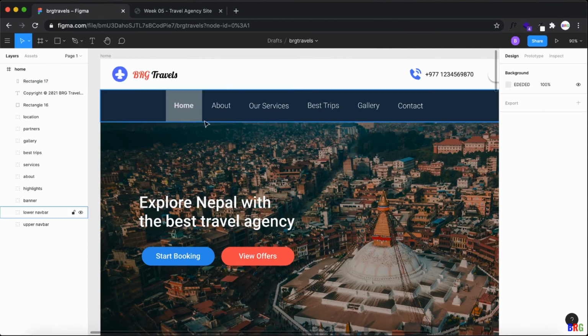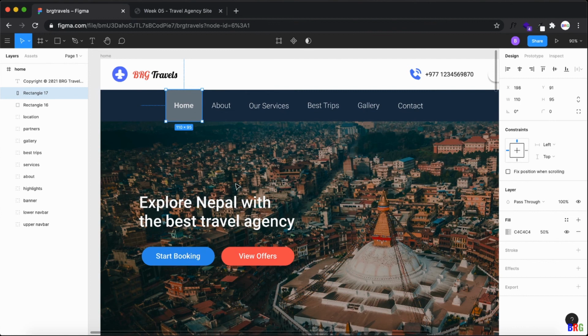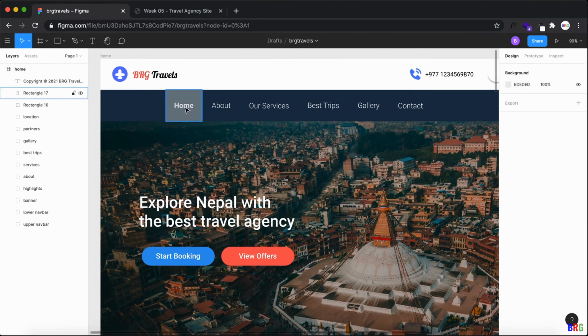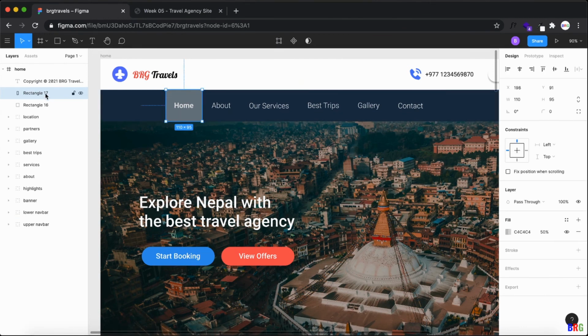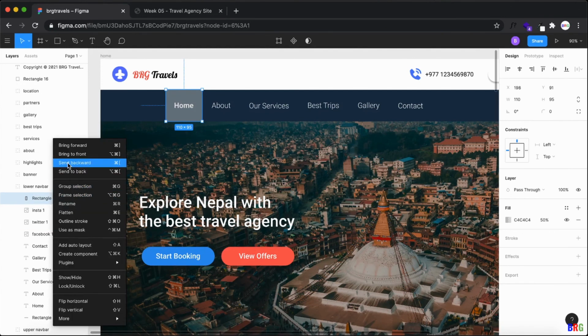Then you need to send this to backward. You need to get this to the lower nav bar, and now this you need to send to backward.